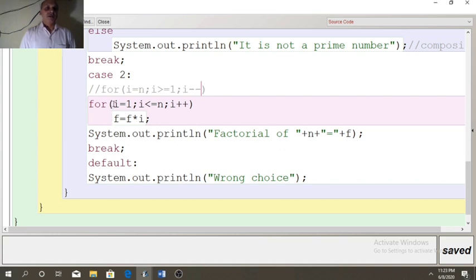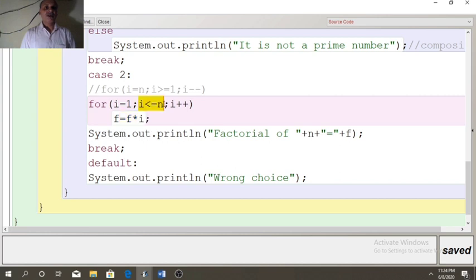Now when I is 1, 1 is less than or equal to 4, satisfied, then the body of this for loop will run, f equal to f into I. In the beginning f is 1, so f equal to 1 into 1. So we will get 1. Now update I will become 2.